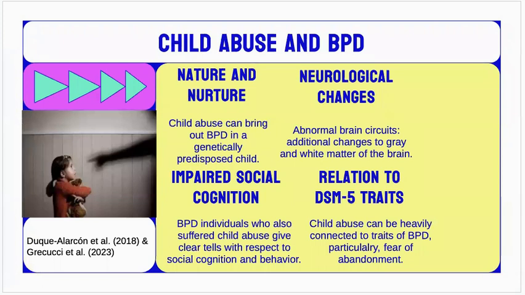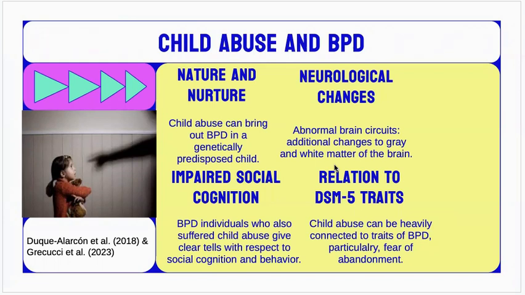Unlike depression, experiencing abuse as a child can severely alter the brain. And experiencing abuse as a child can go so far as to bring out borderline personality disorder in a child who was pregenetically exposed. So this is the gene-environment interaction that we're talking about here. So when an individual experiences child abuse, the entire circuitry of the brain is thrown off course. So not just gray matter, but white matter as well. So it shows that the changes in the brain are more significant than those that were caused by borderline personality